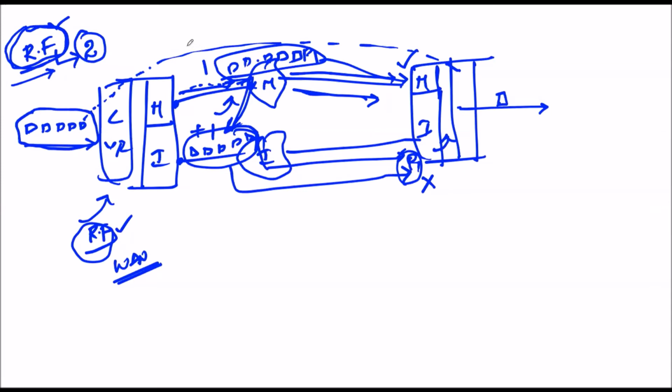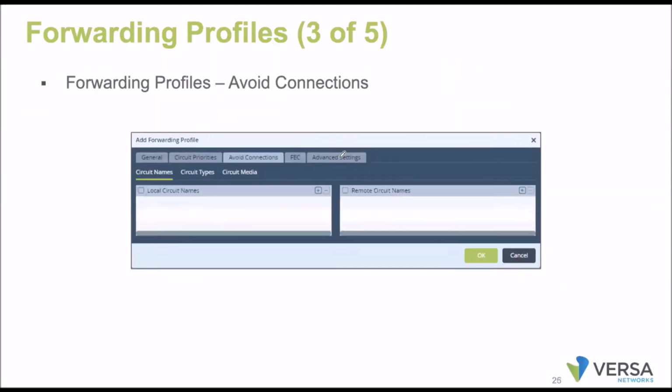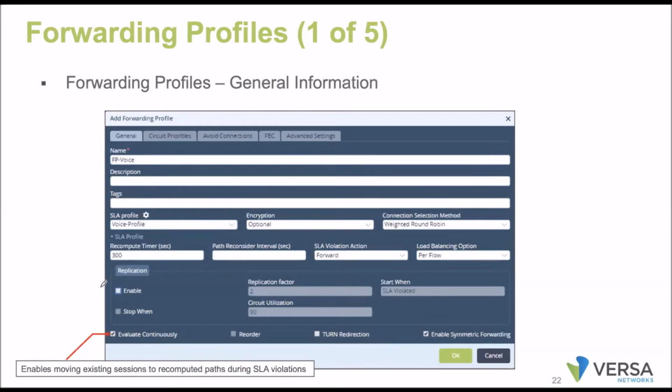Of course, it is going to use the bandwidth. For example, if 1 MB of traffic is sent across these WAN transports and the replication factor is 2, it is going to be 2 MB of traffic. Yes, so that's the reason we have an option of when to start it and when to stop it.